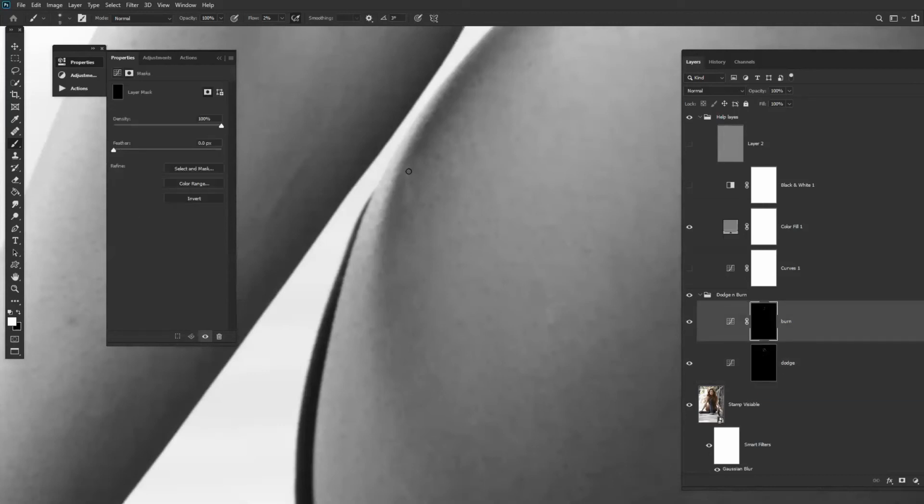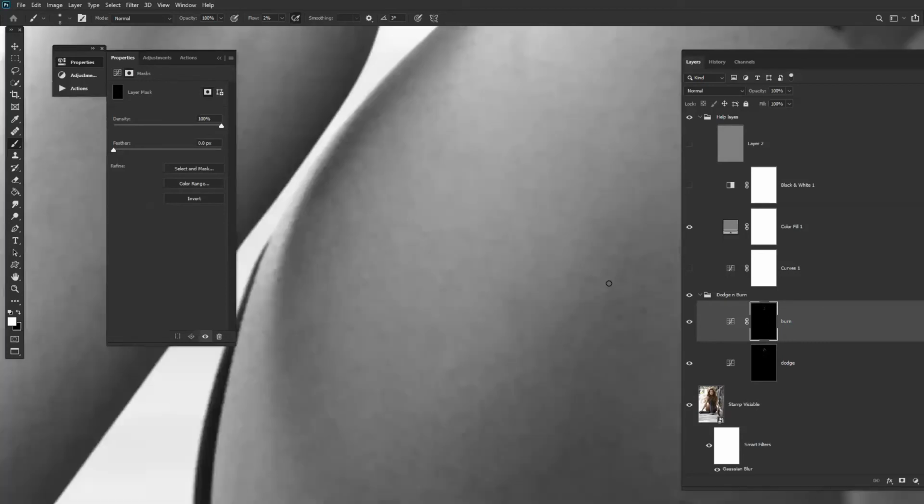Here is an uneven transition. I can burn it out to match it. Fine. So let's go ahead with the dodge area.